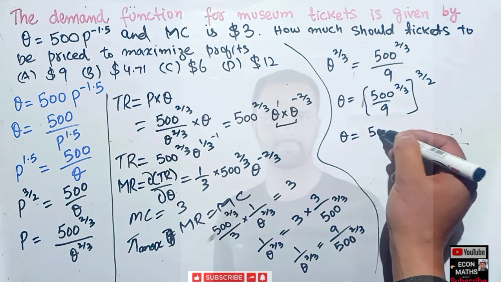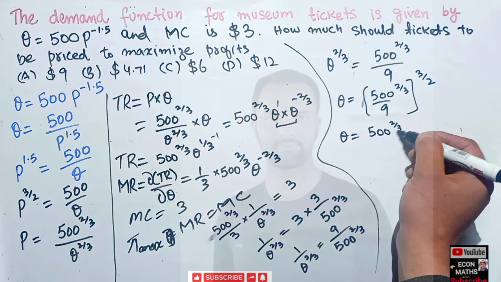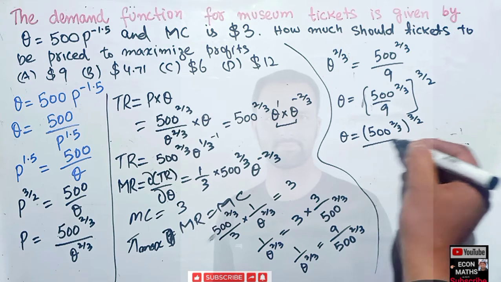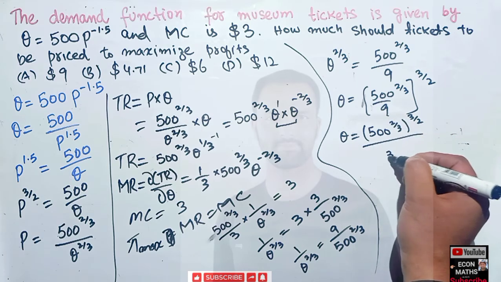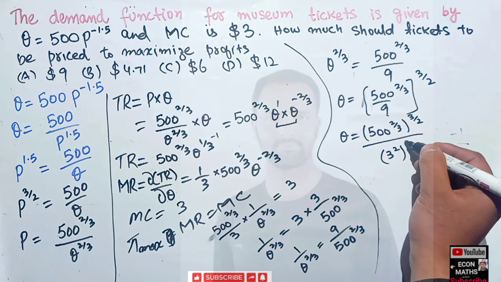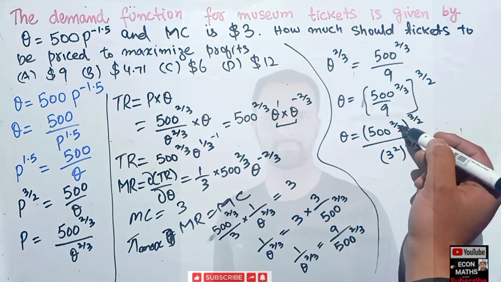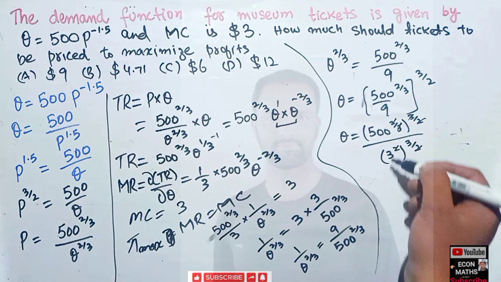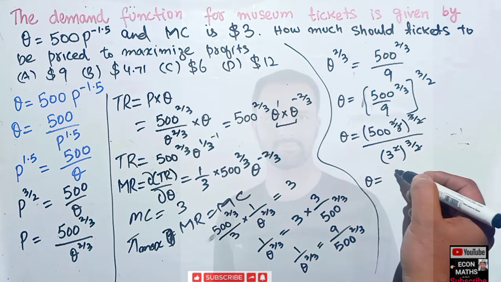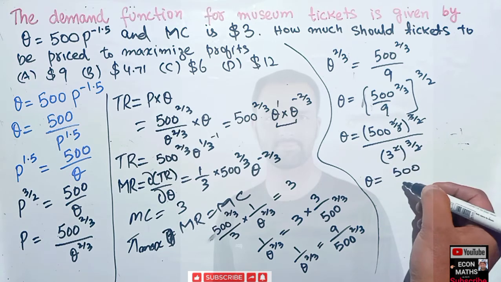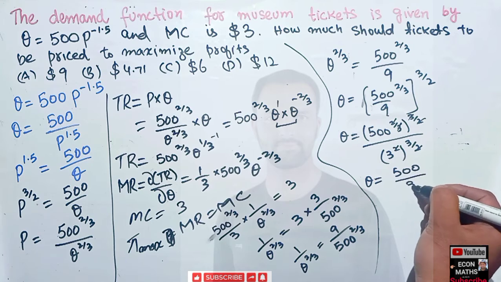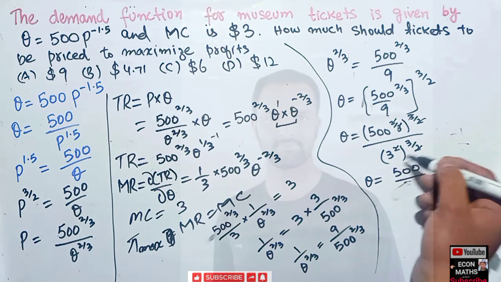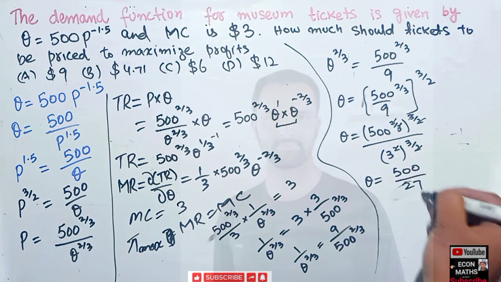We have 500 to the power 2 upon 3, then we have 3 upon 2, to this. 9 can be written as 3 square, to the power 3 upon 2. Okay, here 3 and 3, 2 and 2 get cancelled. We are left with q is equal to 500 upon 3 3s, 3 3s are 9, 3 9s are 27. Okay,